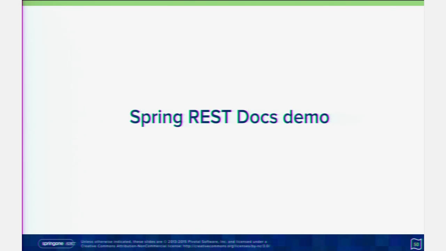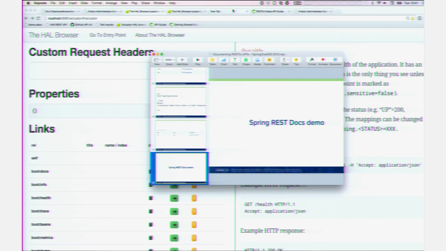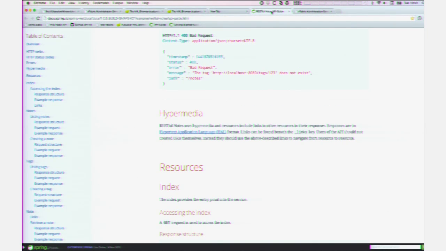All right, so now I'd like to show you, so what would you do? How would you go about adding Spring RESTdocs to an API? Actually, before I do that, I showed you a few snippets there in isolation. I'll just show you the end result, what you can end up with. So this is